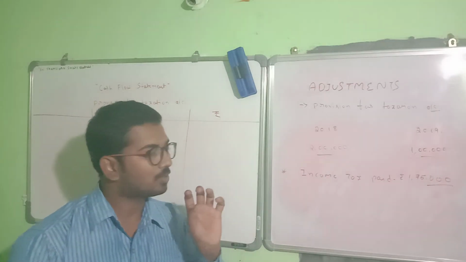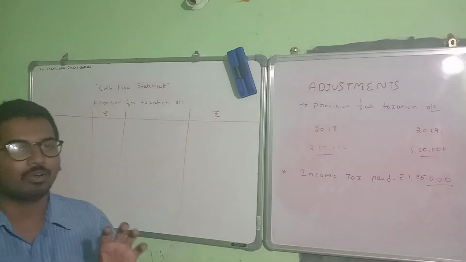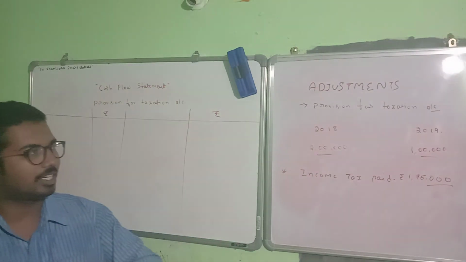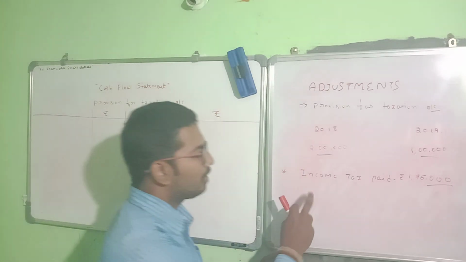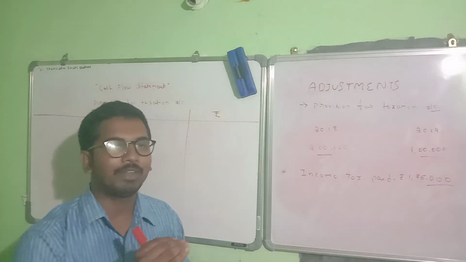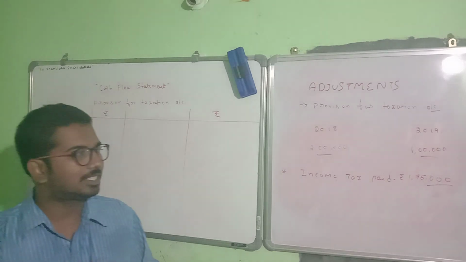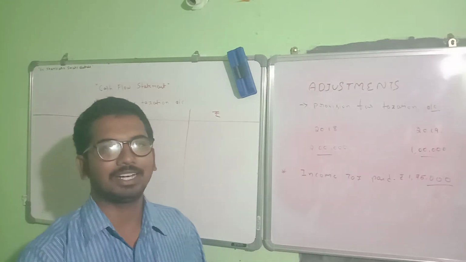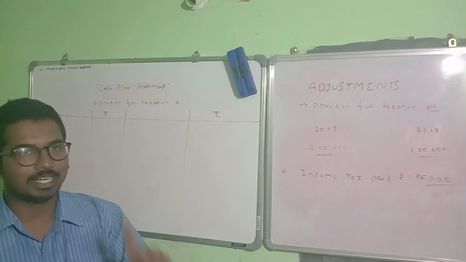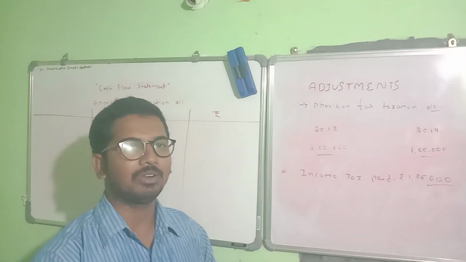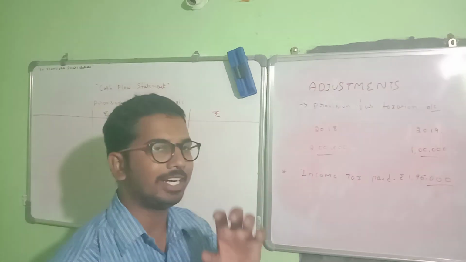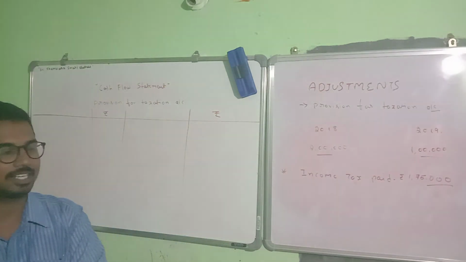At the same time, when you start with the profit before tax as given in the adjustments, you need not add back any provision during the year. You need not prepare any ledger account either. The only thing is how much income tax was paid, or how much provision was made, as given in the adjustments. You should deduct only the income tax paid after adjusting current assets and current liabilities. So remember two things here. When you start with the net profit, the difference between closing and opening balance in the balance sheet, you add back the provision made during the year, and deduct the income tax at the end after adjusting current assets and current liabilities.